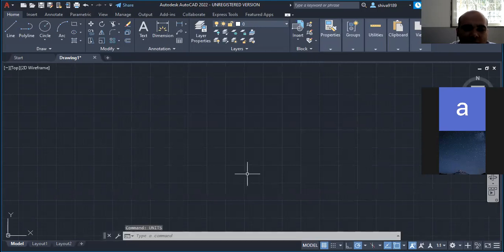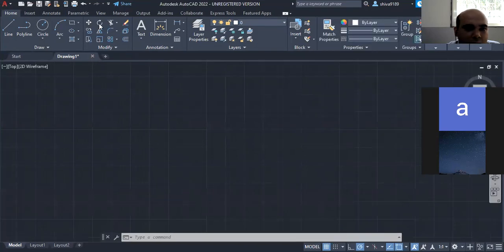So now we have set the unit in mm, as we do in the drawing sheet or drawing book. Everything is in mm. You can even do it with the help of this as well.